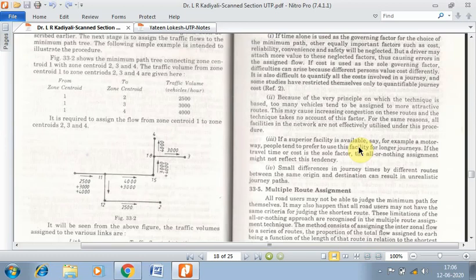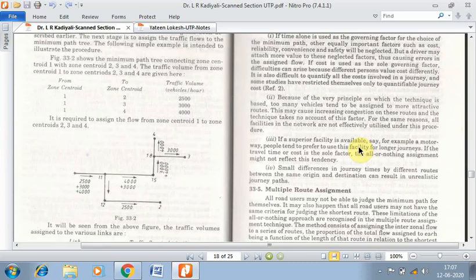Say for example, if you know the network or if you know the streets by yourself, without referring to any kind of maps, you will possibly reach the destination at a much faster time. But if there is a person who is unaware of the networks in the region, then what might happen is, through these calculations, he might be misguided to travel much further, or he might spend a lot of time and cost to reach the same destination which could have been reached in a much better way.